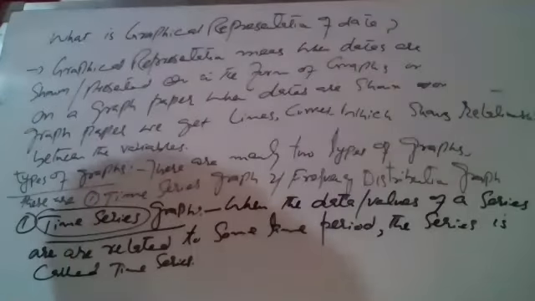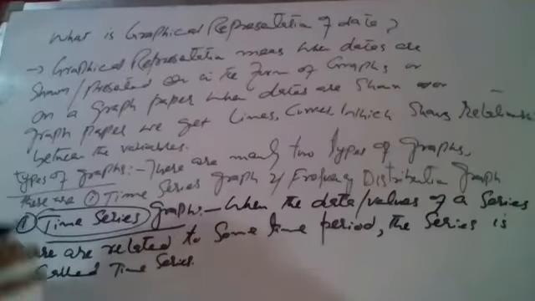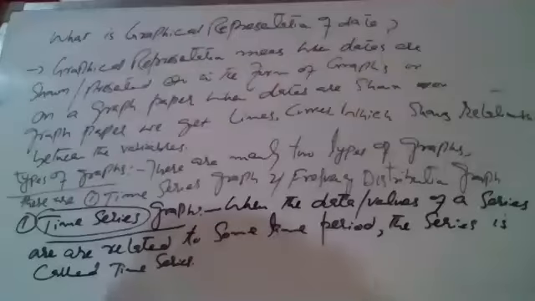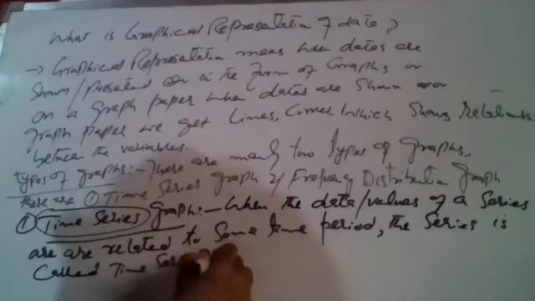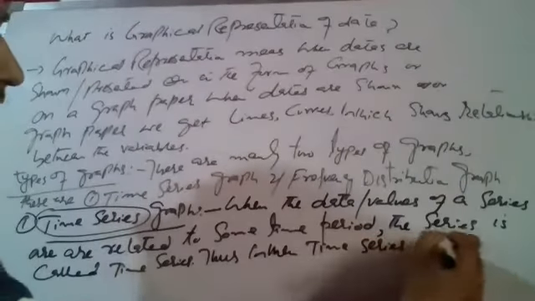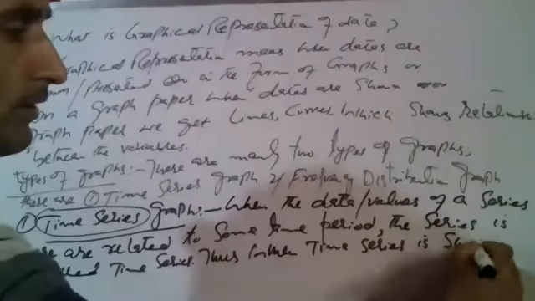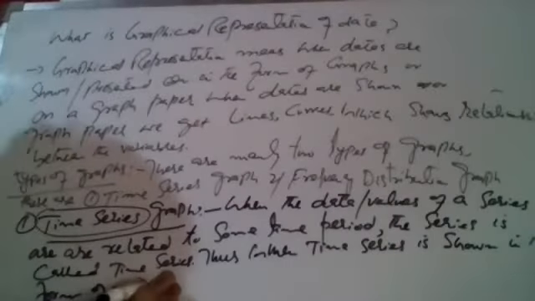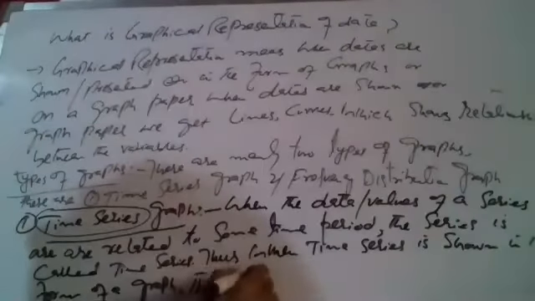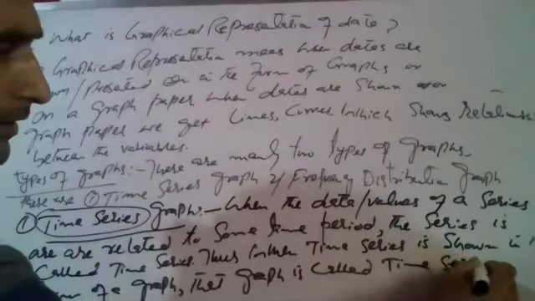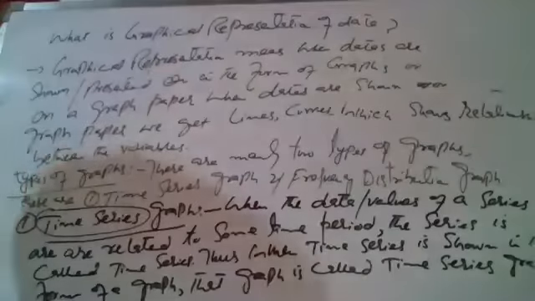उस सीरीज को हम टाइम सीरीज कहते हैं। तो जब यही सीरीज ग्राफ पे हम दिखाई, when time series is shown on the graph paper, so in this series time variable is shown on this, so thus when time series is shown in the form of a graph, that graph is called a time series graph. उस ग्राफ को हम टाइम सीरीज ग्राफ कहते हैं।